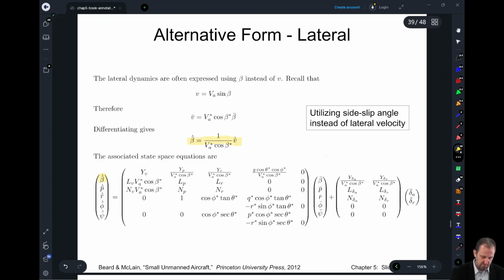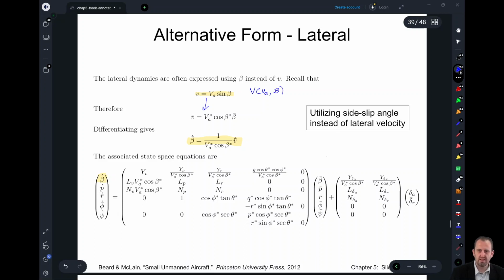So if we've seen this relationship before where V is equal to VA sine beta in no wind conditions, right? And so what we can say is that V bar then is going to be VA star cosine of beta star times our beta. Sorry, I had to remind myself where this relationship came from. And it's really just if we consider V as a function of VA and beta,